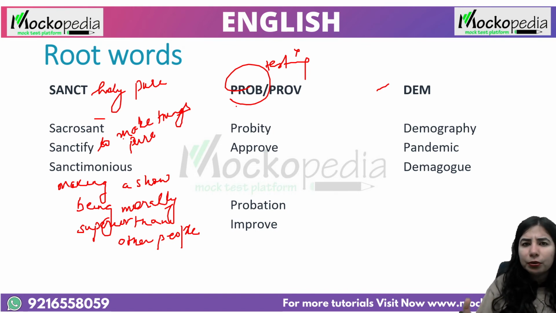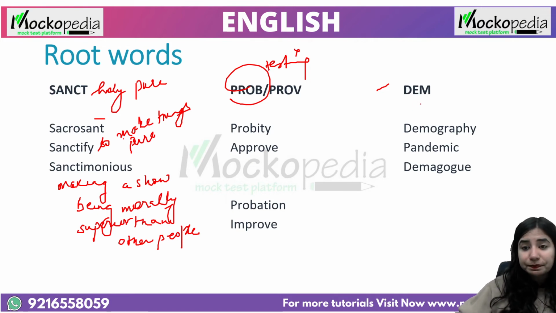So, what are you doing? I'm in probation, right? I'm in the testing period. So that's what they say. Improve is to get better. Approve is, you pass the test, and probity is again something, a search or a test which is going on, right? So see, every word is associated. It's relatable. Once you know the root, it's a quick thing. You wouldn't even take a lot of time to retain, right?